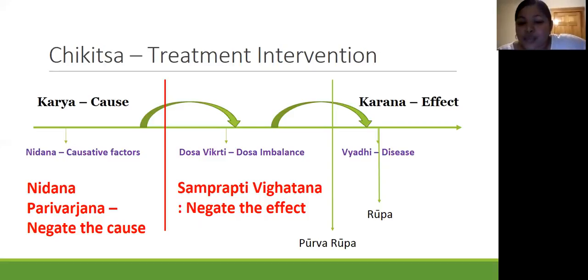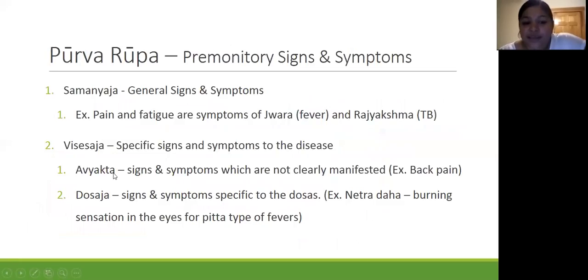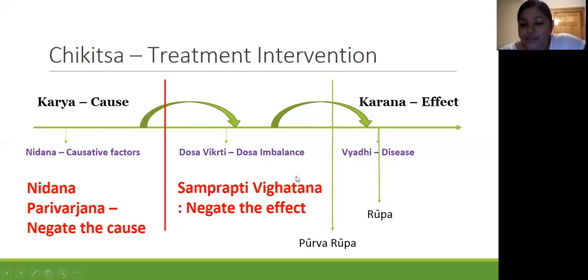So the first stage is where it's really starting to show up, and you're starting to see what is happening internally, is the purva rupa stage. Okay, and if that keeps building and growing, then it advances to the rupa stage. Okay, so when you have here these avyakta signs and symptoms which are not clearly manifested, it's showing that these doshas are definitely aggravated. They are definitely in the vikriti, or the aggravated state, and it has now started to produce symptoms. But even the symptoms here are still not clear enough for us to really give it a name